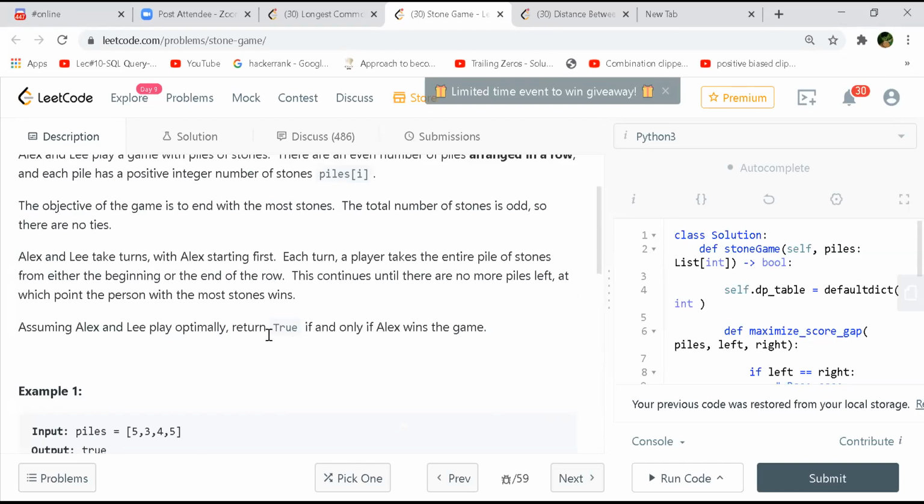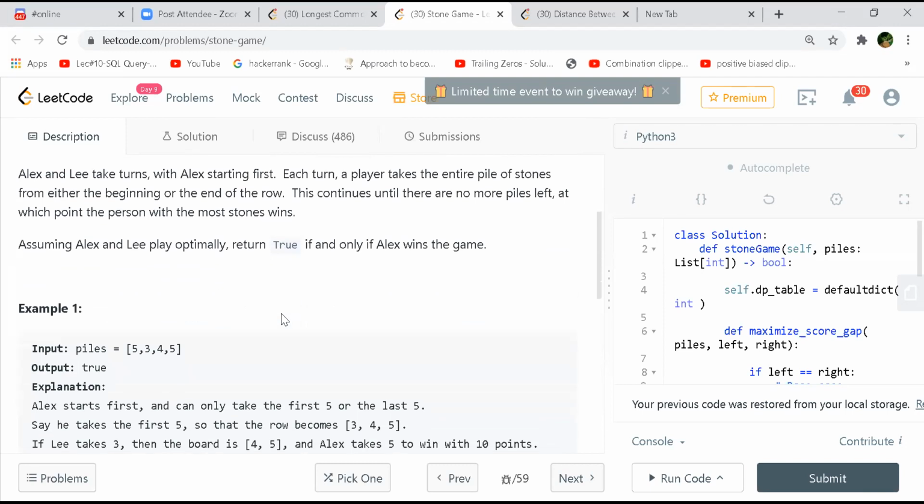Yeah, Alex is always starting, that is one thing. So it will always win. Does it depend on the way numbers are arranged in the list? Whoever starts first will be able to pick more elements, but it still depends on how the numbers are ordered, like max, min. But whatever the way they are ordered, Alex should always win. Yeah, that is true.